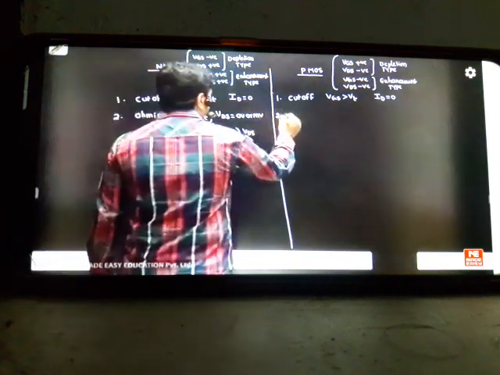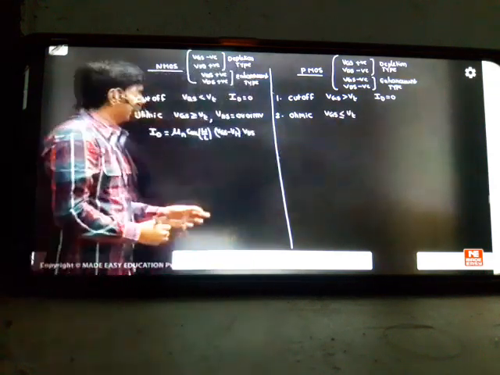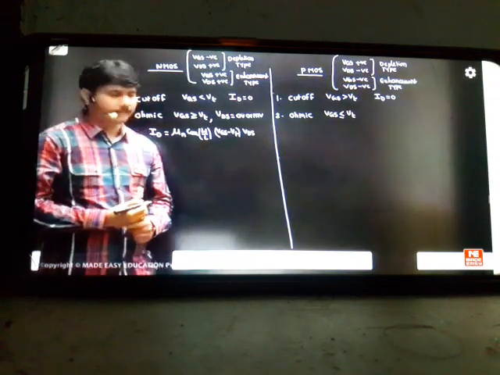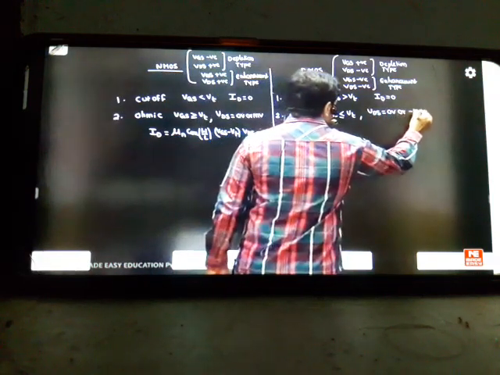The same thing for the ohmic region in PMOS. Here VGS should be less than or equal to VT. Previously it was greater than or equal to; in PMOS it should be less than or equal to VT. And VDS should be 0 volts or a small negative millivolts, because VDS is a